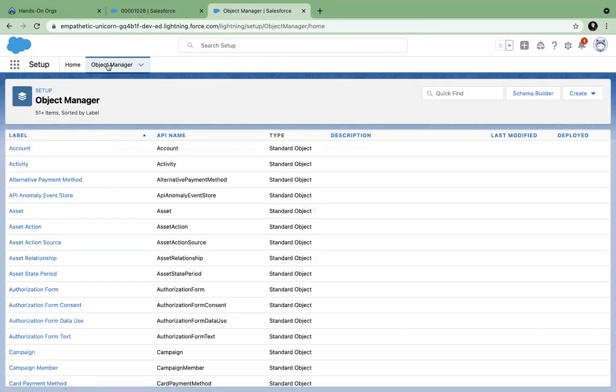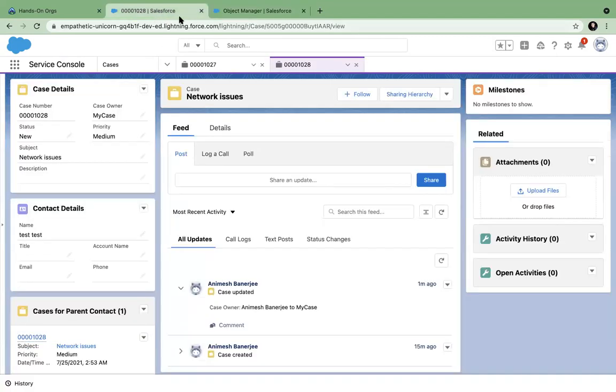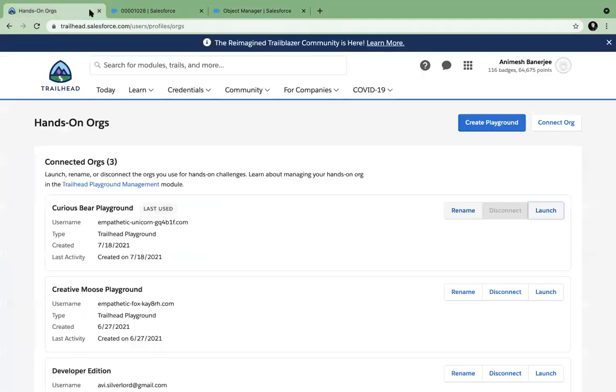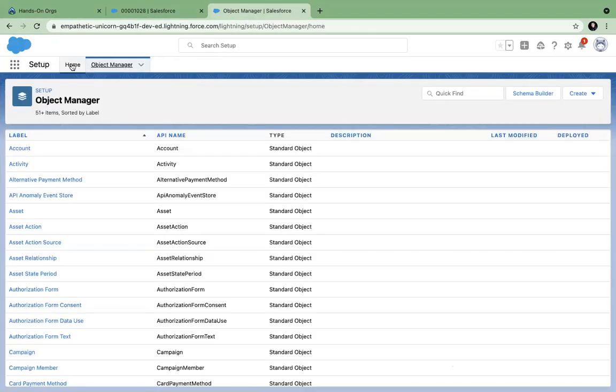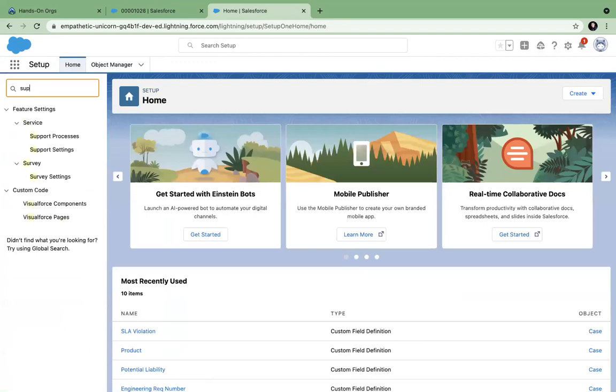In case you have to understand that for case processes, there are different processes in place. You can create support processes. If you want a different support process for different kinds of cases, and the statuses will be different, in that case you have to go and create support processes. Just like sales processes, same here there would be a support process.